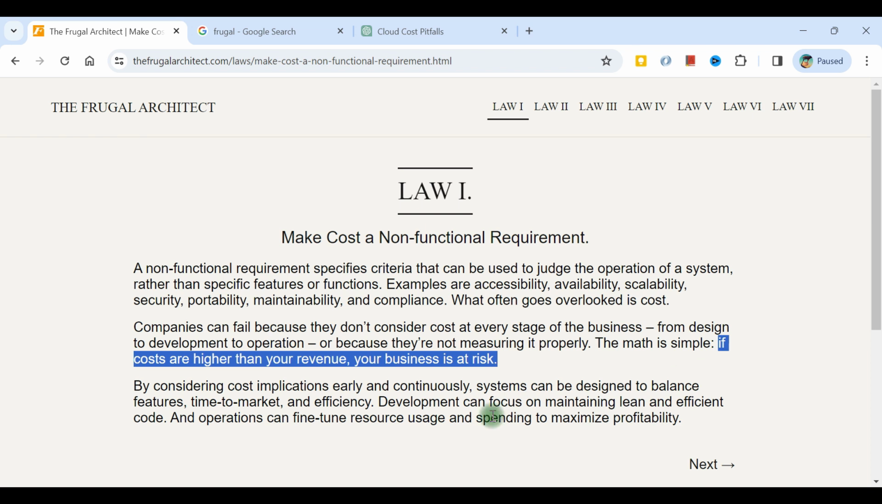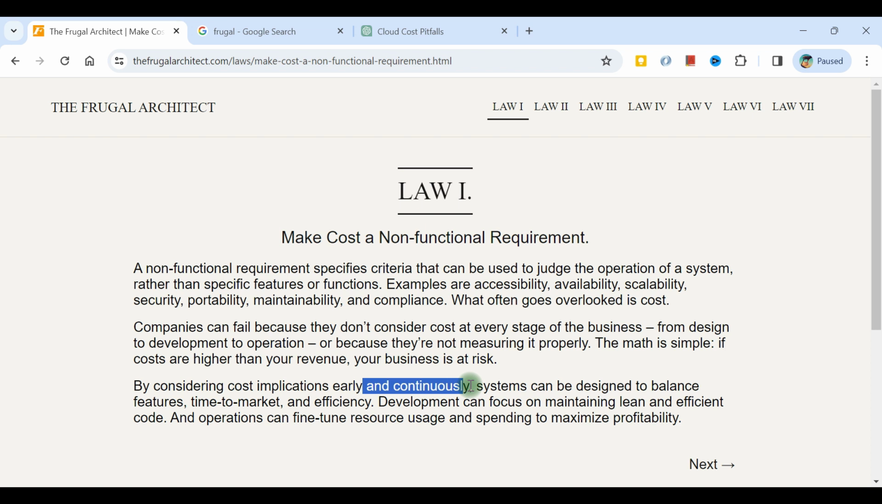By considering cost implications early and continuously, systems can be designed to balance features, time to market, and efficiency. Development can focus on maintaining lean and efficient code, and operations can fine tune resource usage and spending to maximize profitability. This is great. So, move to the second law,